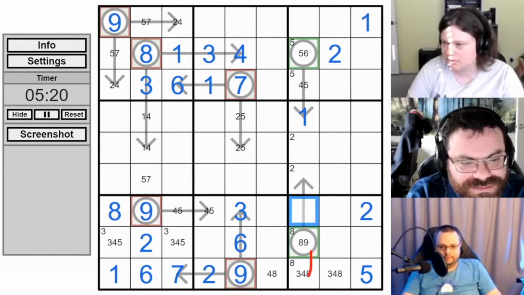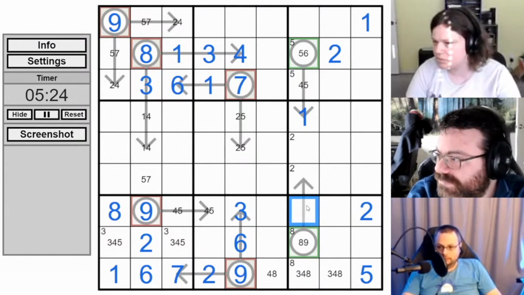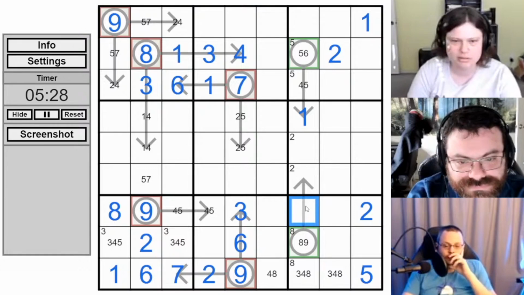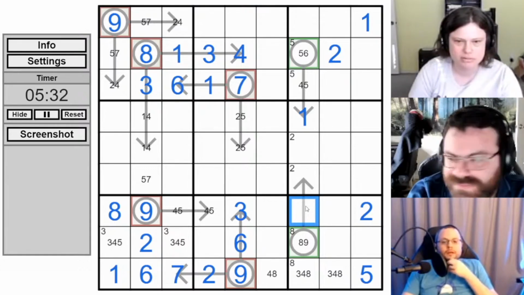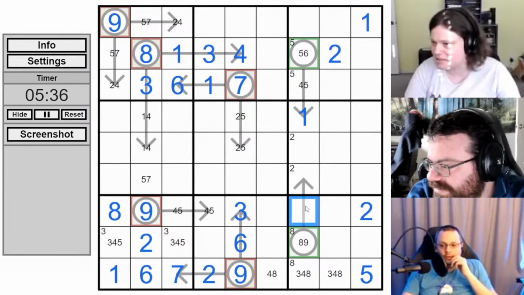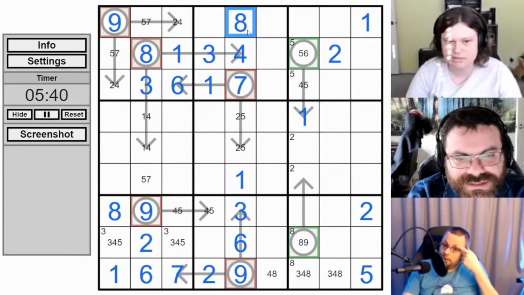Chat says the given digits are hard to see. Mark says 1 and 8 placed in column 5 and indexed 5 in row 3. Wait, what are we saying? Oh, right, yes. We get the 1 here and the 8 there.